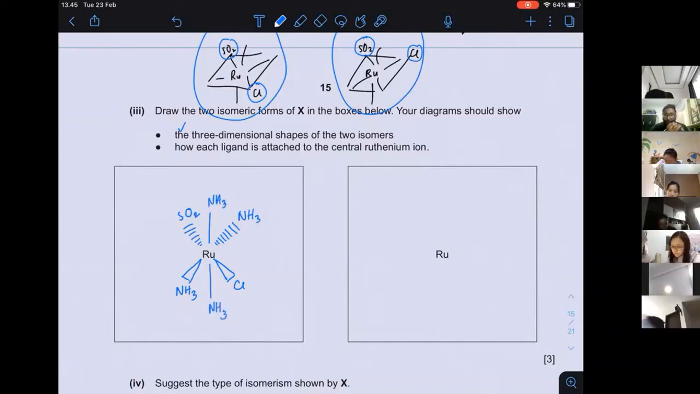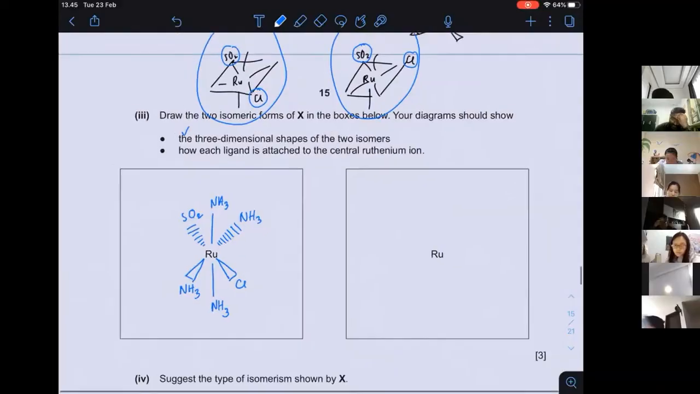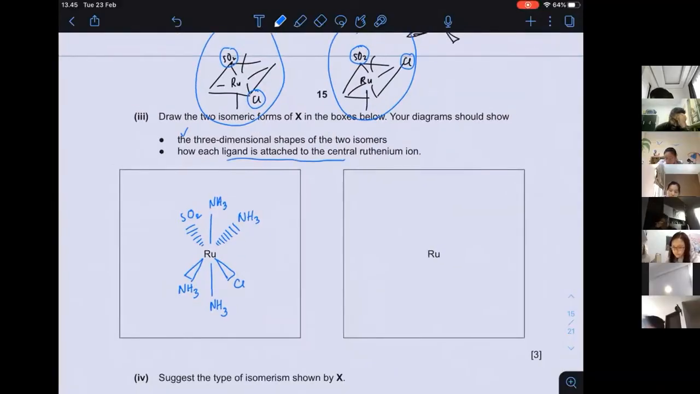Okay, this is how you draw. Make sure they are connected properly. You can see here, they want you to make sure that each ligand is attached properly. So if you want a very good mark, I will also suggest to be very careful with the one